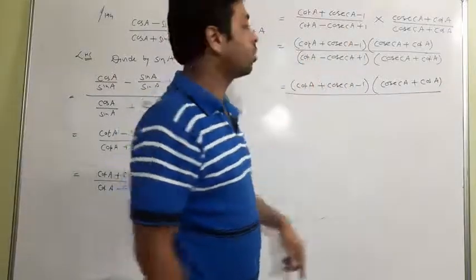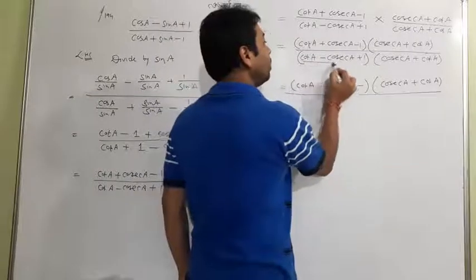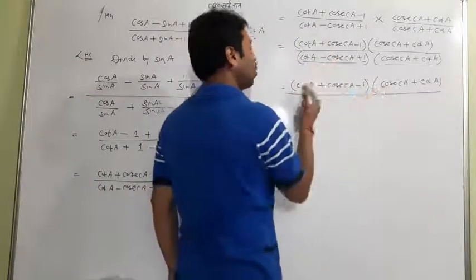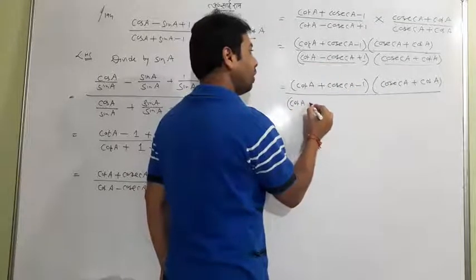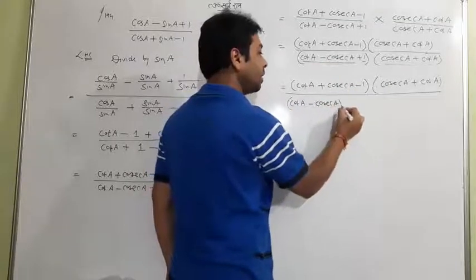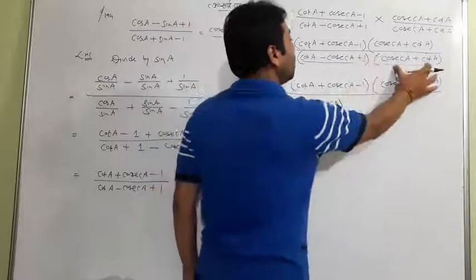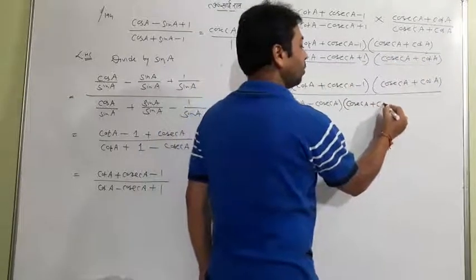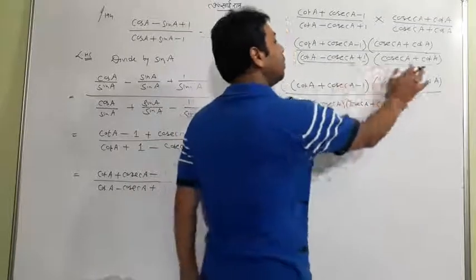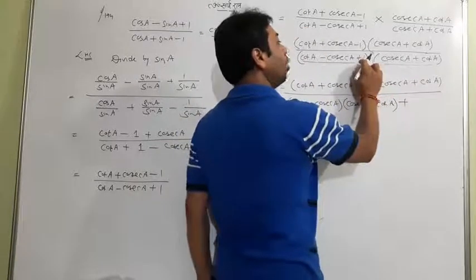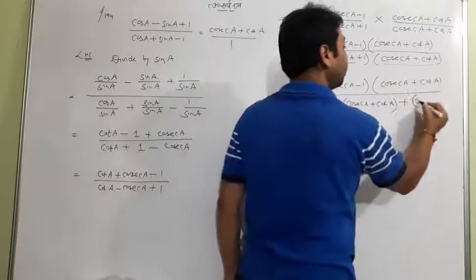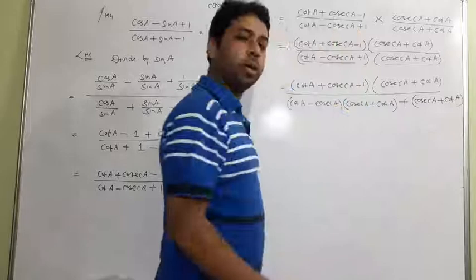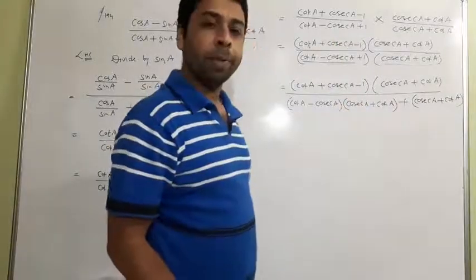It's very interesting. I'll assume this is one term and this is the second term, so multiply. I'll write first cot A minus cosec A, as I did in the last question. Multiplying this with the whole, I'll get cosec A plus cot A. Along with 1 will multiply, the same will come. Hope it is simple. I think you got it.